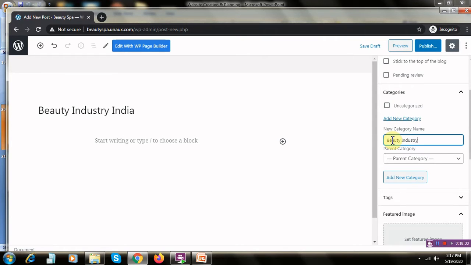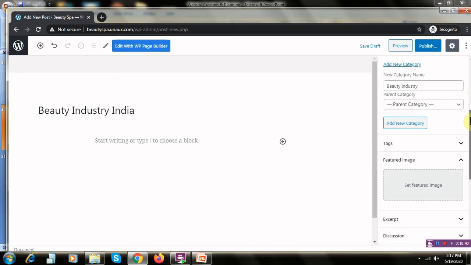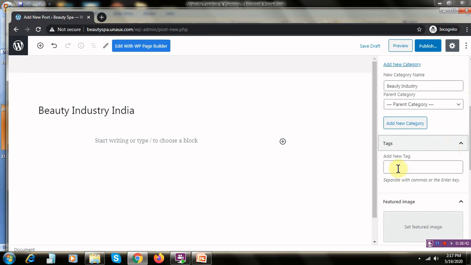So in this category you will be able to write all these industry related posts. If you want to add a tag, add a tag, industry, or whatever it is, spa or not, which is related to your post.